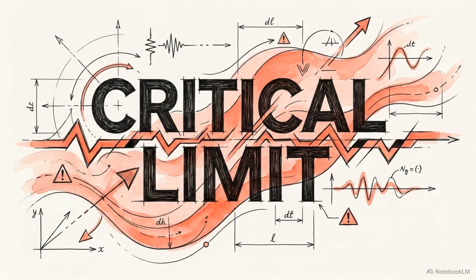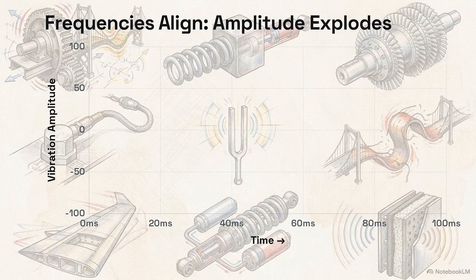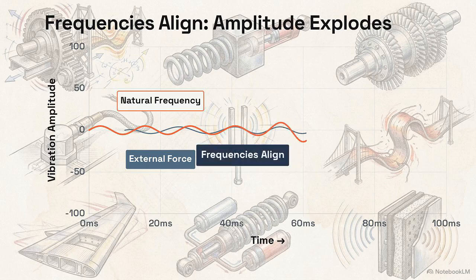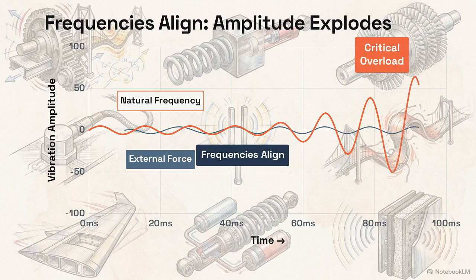The mechanics of movement become dangerous when a system encounters resonance. Resonance occurs when a continuous external force matches an object's natural frequency. As shown in this data, when the frequencies align, it dramatically amplifies the vibration amplitude, sending the oscillation completely out